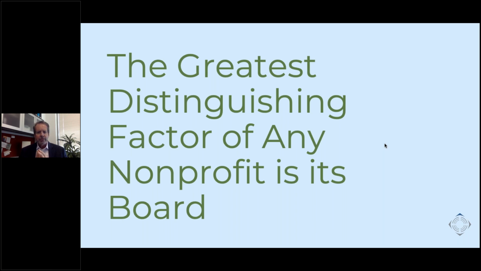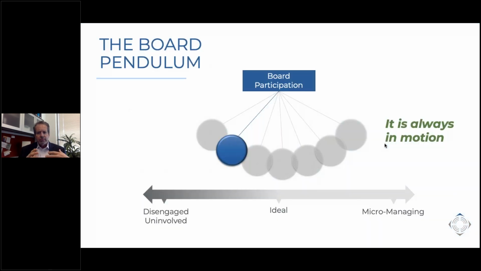But what we find when we scratch through the surface and really understand how they operate is that the manner in which they operate internally, the most distinguishing factor or contributing factor to its uniqueness, is the way that its board interacts with them. For instance, when you look into almost any nonprofit organization, boards are constantly moving or swinging like this pendulum you see on the screen right here, in terms of being very engaged to not so engaged. And you can probably think of your own organization today and think about where that pendulum might be.